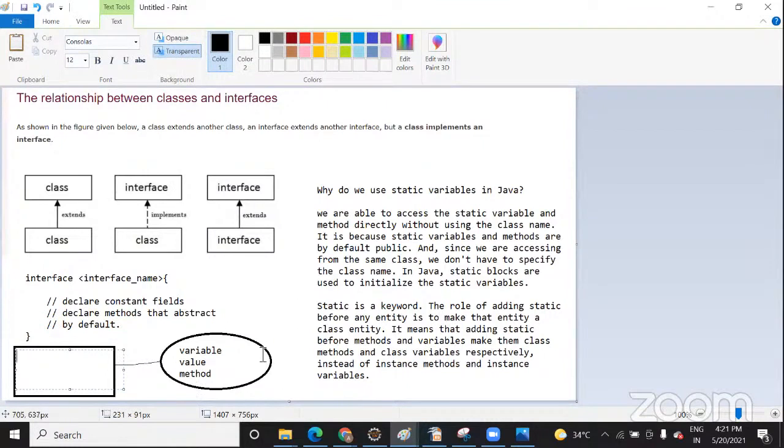it's a member of the class. If I say fruit, fruit is a class, so mango, apple, banana, they are all objects. And these objects and their price will be initialized once you create an object of that. So here variable, value, method, as you create the object, the compiler will start working on this.